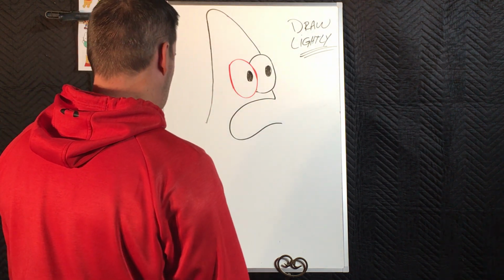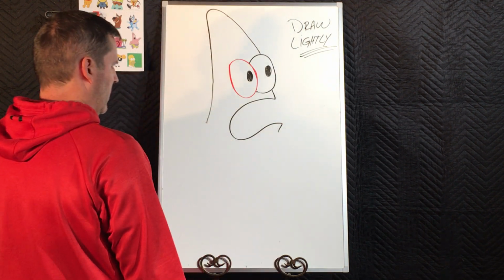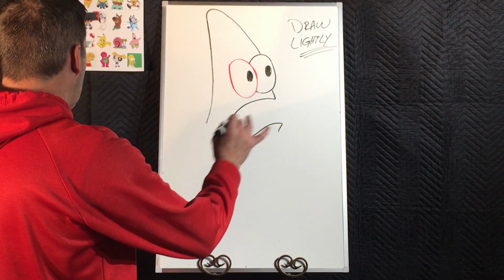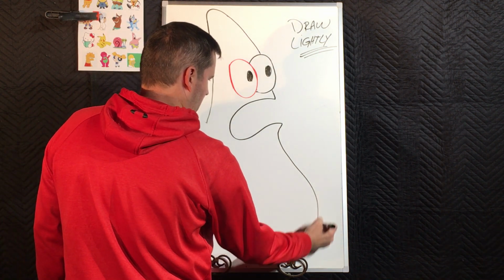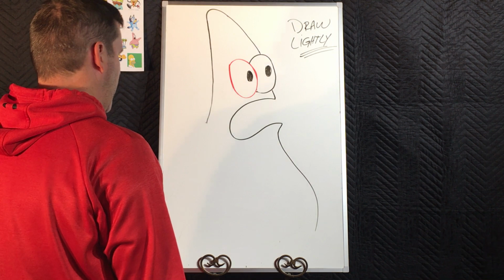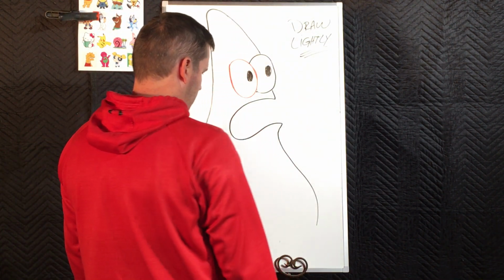Okay. So now what I'm going to do is I'm going to curl around that lip. It's pretty pointy. It kind of curves in a little bit. I'm going to curve way out because Patrick looks like he's gained a couple extra pounds being trapped in his